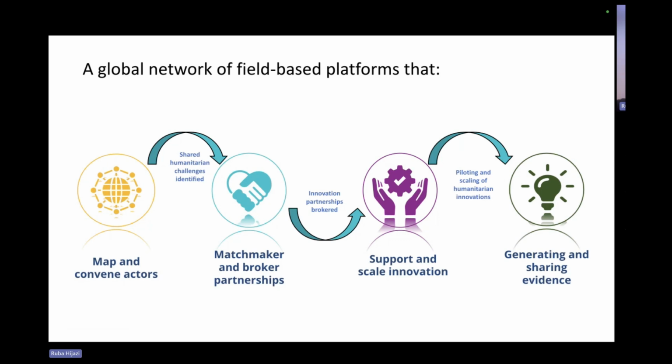We support the humanitarian sector to better understand the innovators and the innovation process. Sometimes we provide some kind of trainings for these organizations, and we also support the innovators to better generate evidence, to be able to measure their impact. We build their capacities, and we help having this partnership. So we support through piloting, and we also support in scaling the humanitarian innovation if we found out it's successful.